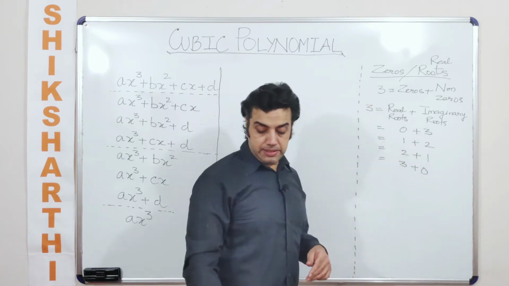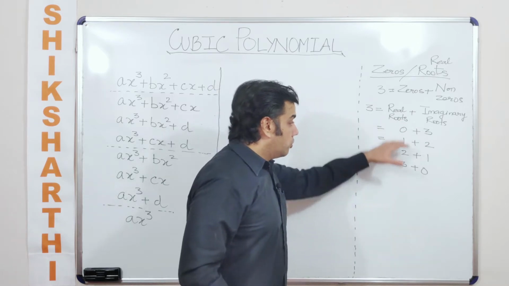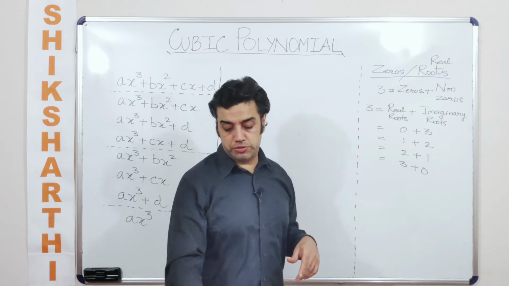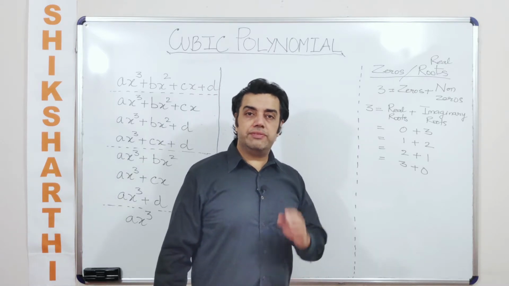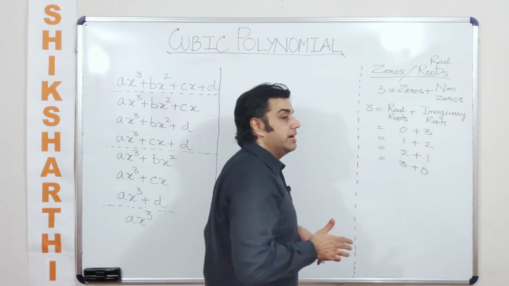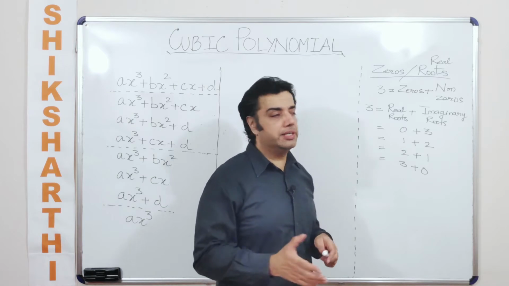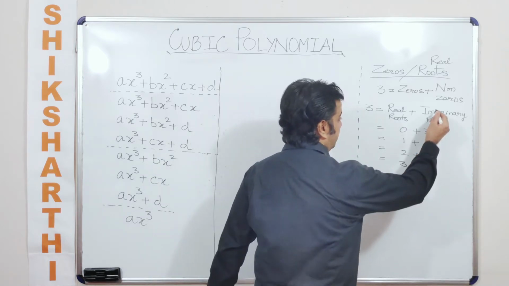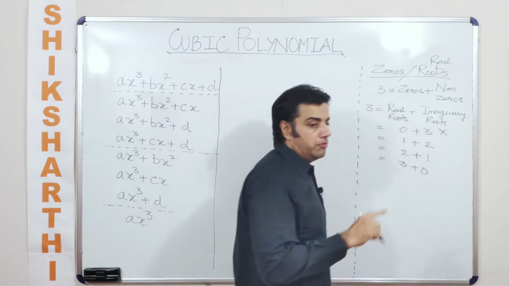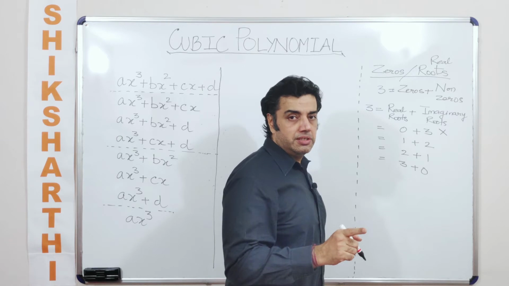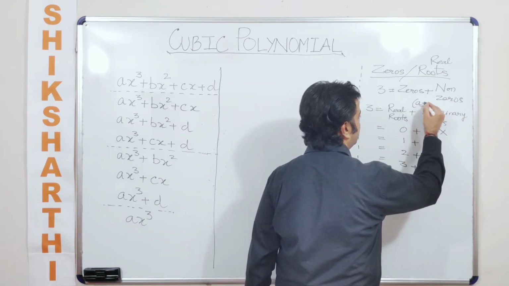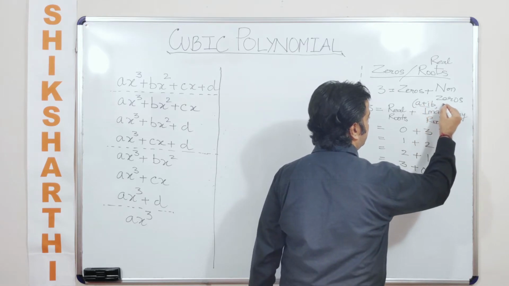Now once I have done this, we will check whether all these cases are valid when we are talking about the zeros and the non-zeros, or the real roots and the imaginary roots. Which case is a valid case? Are all the cases valid here, or do some of the cases have to be invalidated? So can we have 3 imaginary roots? No, because imaginary roots always exist in pairs, and that too conjugate pairs. For example, if one of the imaginary roots is a plus ib,